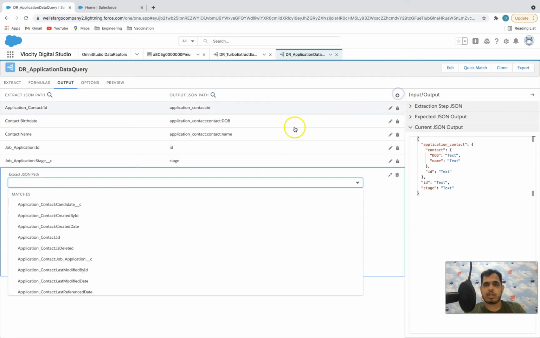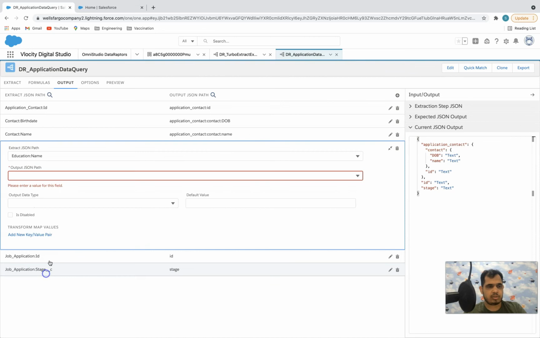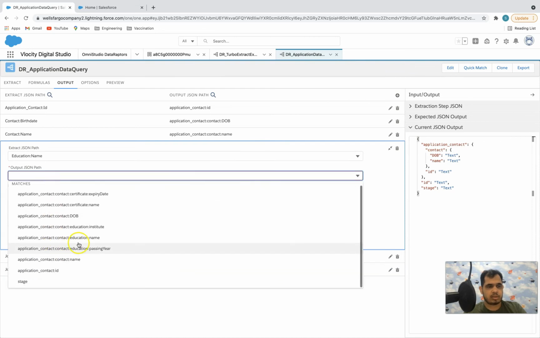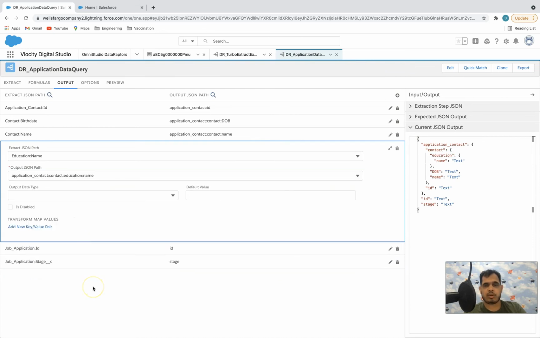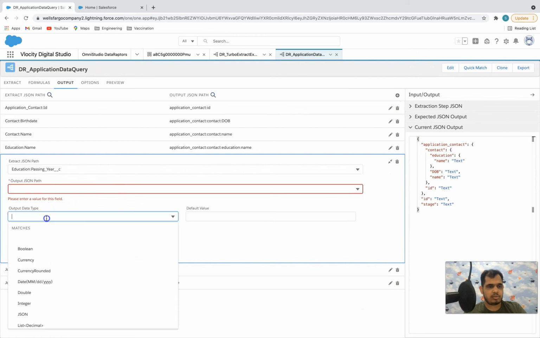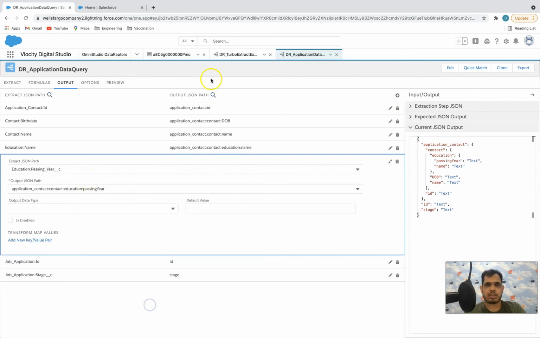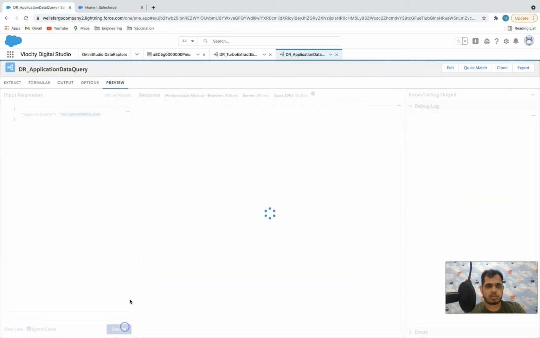I will create one more mapping: name of education should go inside the education one in our output JSON. And the passing year should go inside the passing year in our output JSON. That's it. Let's preview this.